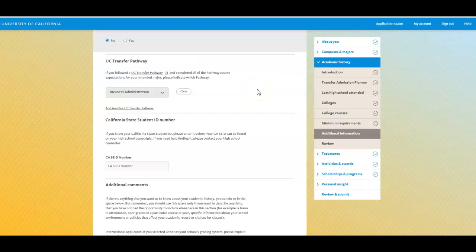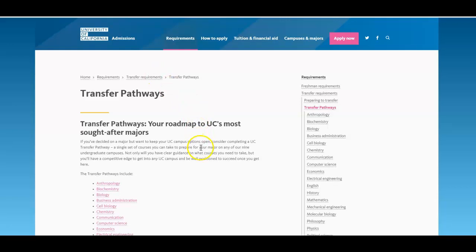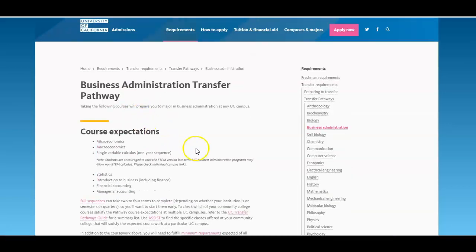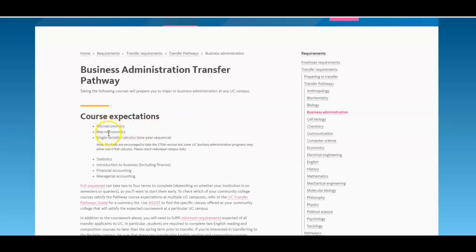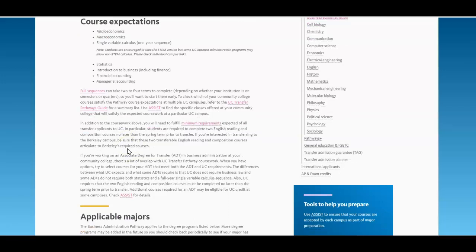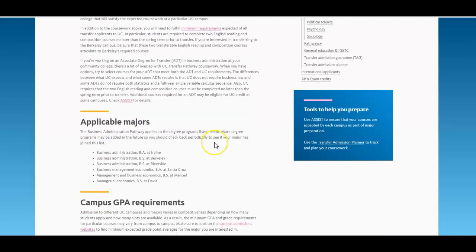UC transfer pathway. What is that? When you follow the website, you will see that the UC campus has 21 transfer pathways. And if you, for example, follow the business administration pathway and you completed microeconomics, macro, single variable calculus, the 1-year sequence, and statistics, introduction to business, financial accounting, and managerial accounting. So if you completed all these courses, then the UC system deems you to have completed a UC pathway, and